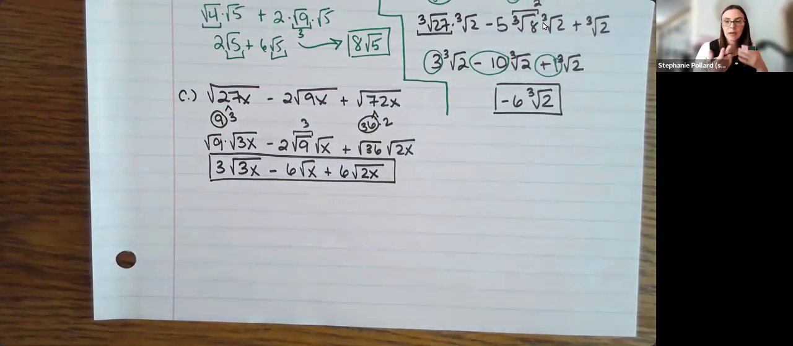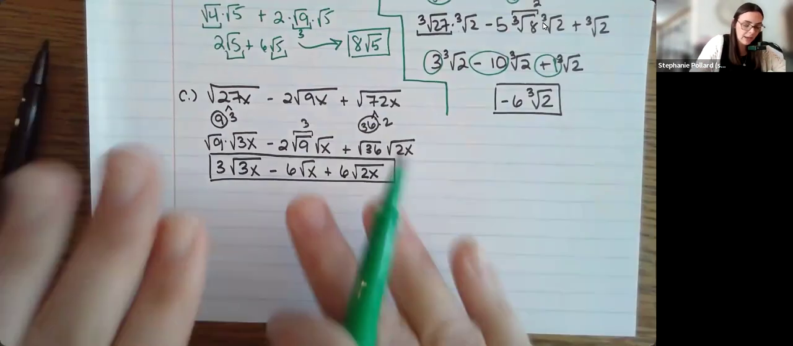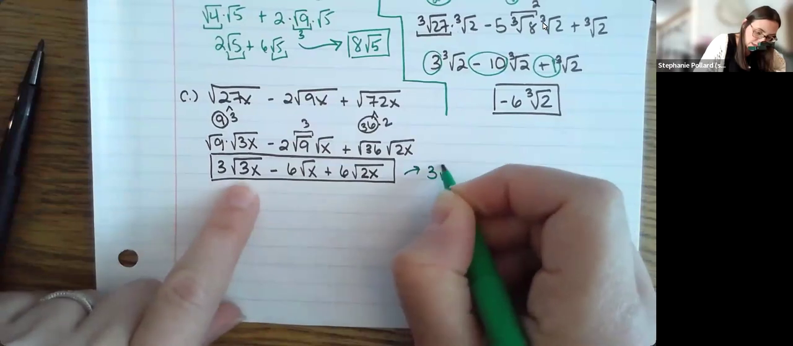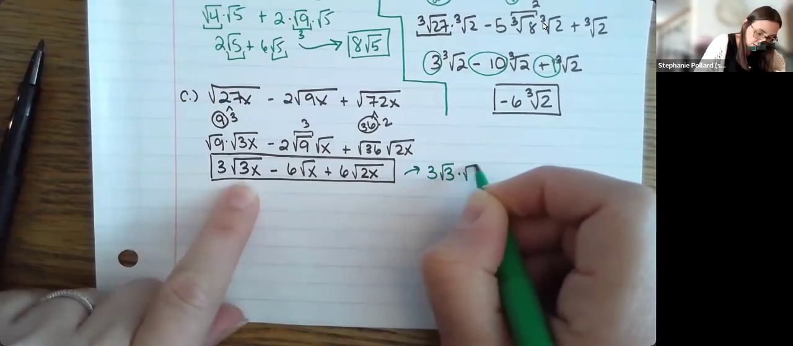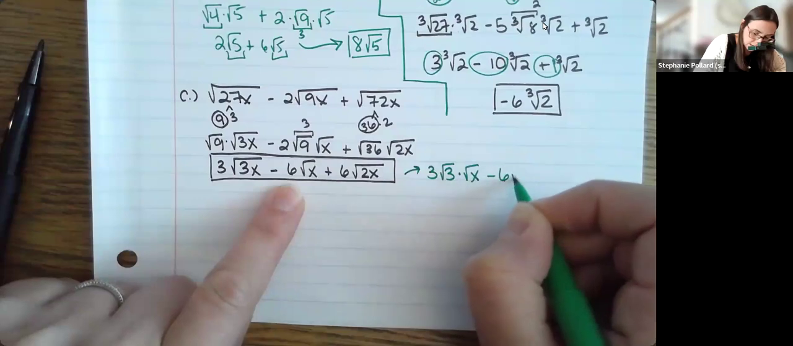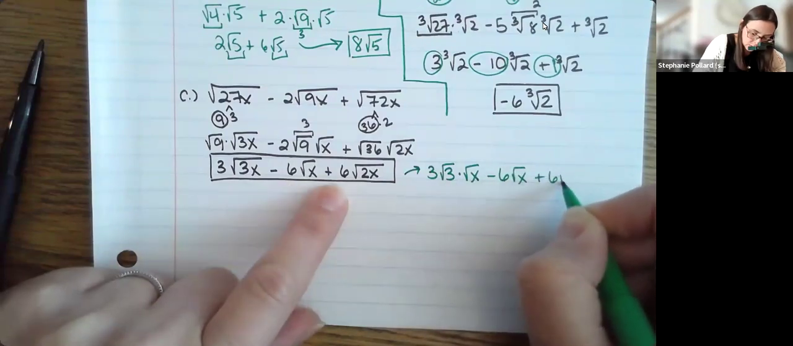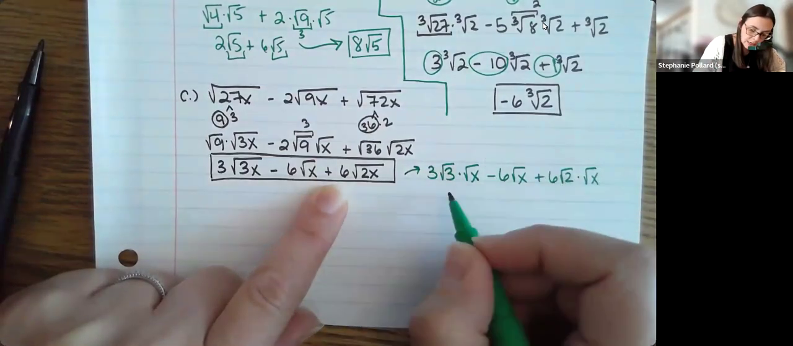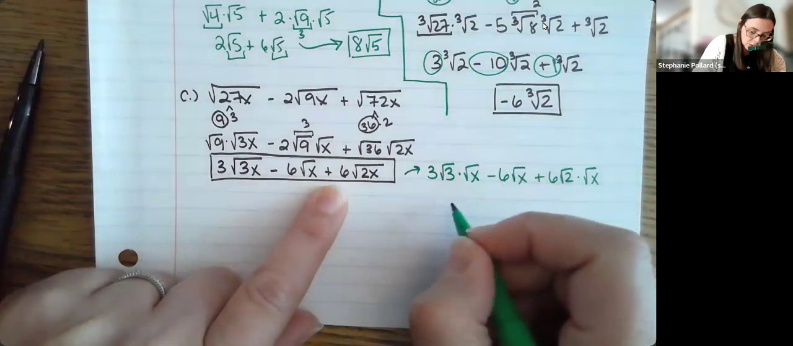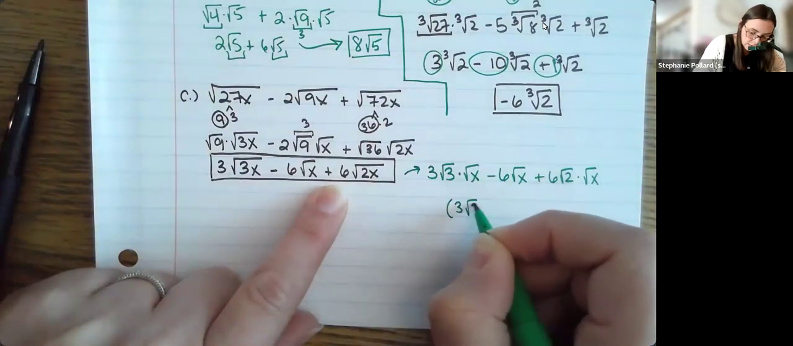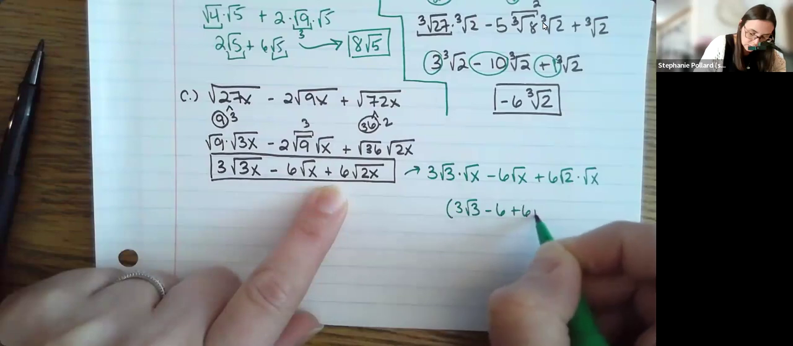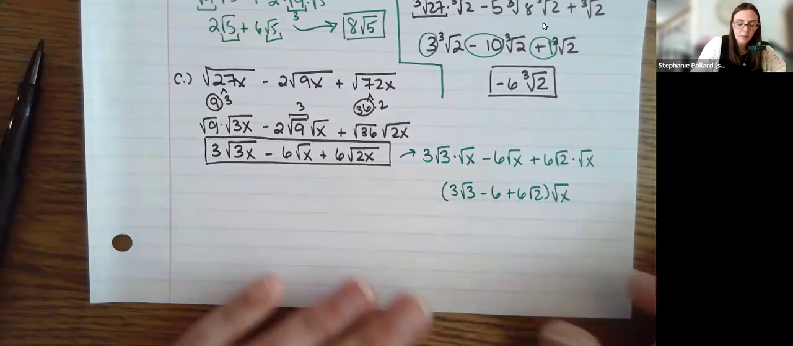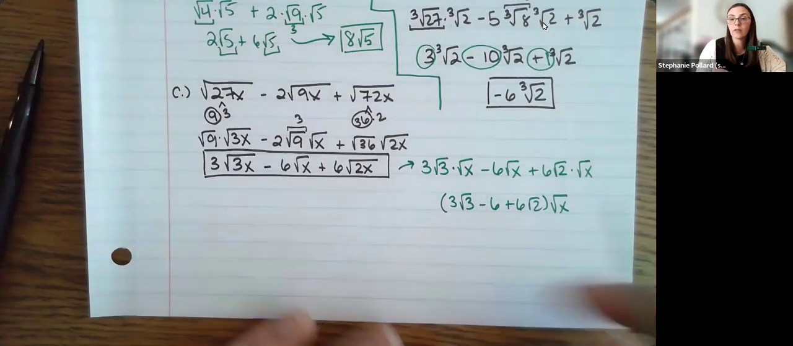Another way you could do it, but it does get pretty messy. So again, you don't have to, is what you could do is you could write it like this. So I could break down that into root 3 times root x minus 6 root x plus 6 root 2, again, times root x. And then the only thing you'd be able to do there, and you could do it with parentheses, is you could write this as 3 root 3 minus 6 plus 6 root 2 all times root x. So you may see that more probably in advanced classes going a little bit further here, but again, it's